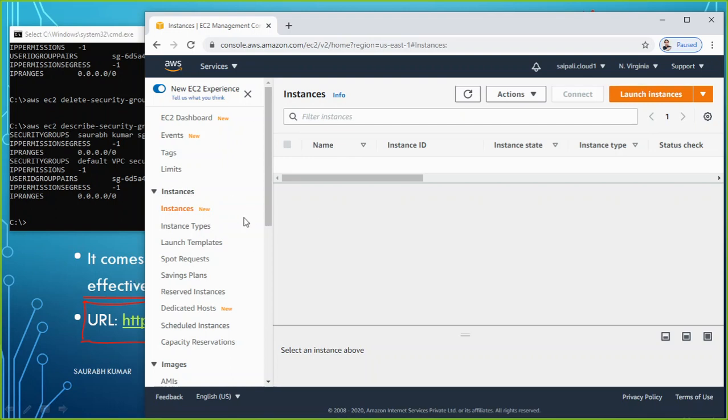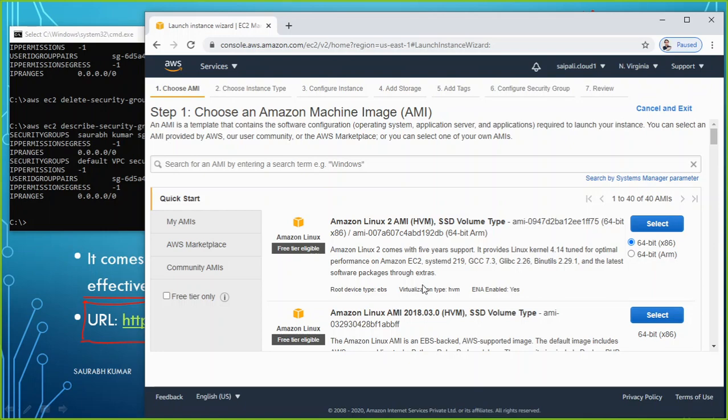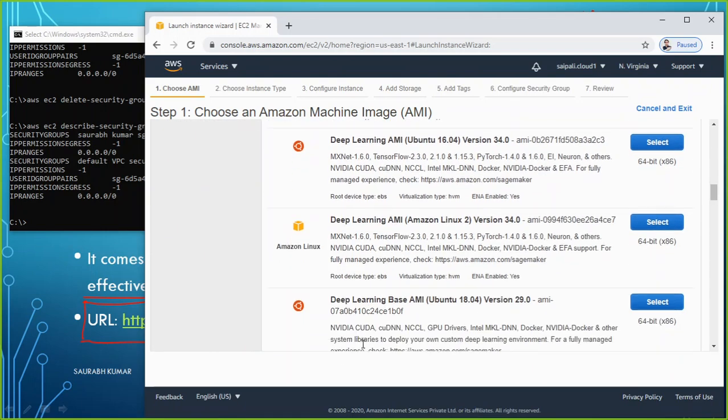So generally when we are launching an instance, what are the requirements? Let's first try to have all those requirements. The first requirement is, when you go to launch an instance, we always choose the AMI, which AMI you want to use for launching your instance, Amazon Linux or Windows or what you want to run there.